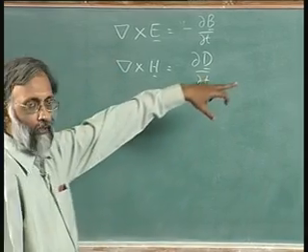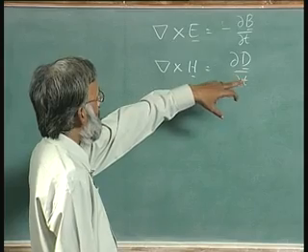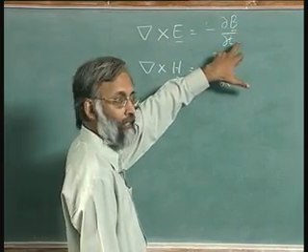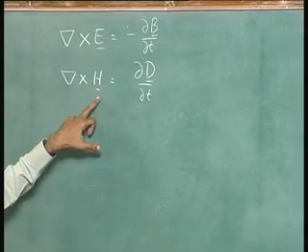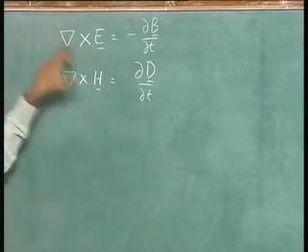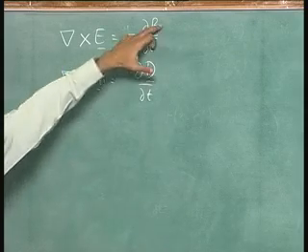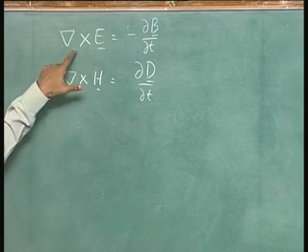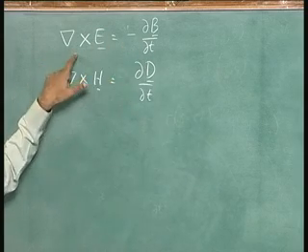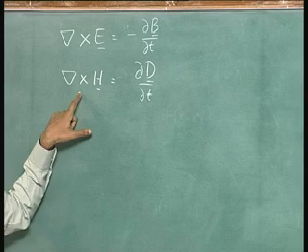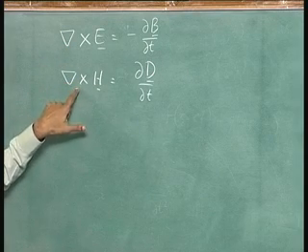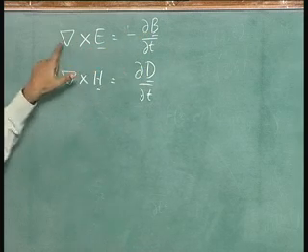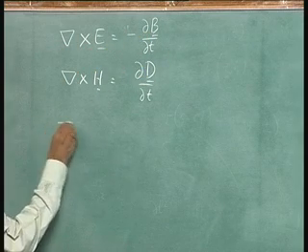Now, I want to do exactly what I did earlier. What I did was, I took this equation and noticed this had a time derivative, but I needed a space derivative. So, I took a space derivative of this equation in order to use this to eliminate B. That is what I did for the 1D case. So, I am going to do the same thing. I am going to take a space derivative of this equation so that I can eliminate this. But which space derivative do I need? I need curl of H. So, I need to take curl of this, which means I will have to take curl of the whole equation.